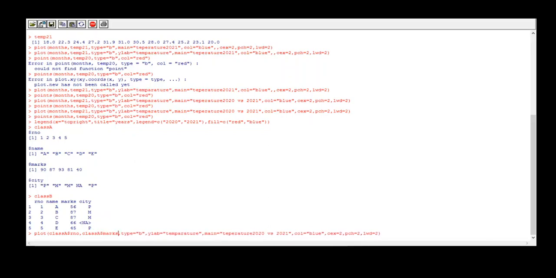I'm plotting a line graph for roll number and marks vectors that are part of list class A. So class A of roll number, class A of marks. Remaining parameters let's keep as they are. Type is b.